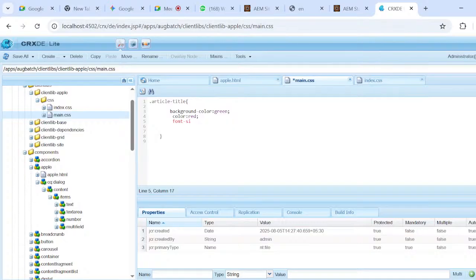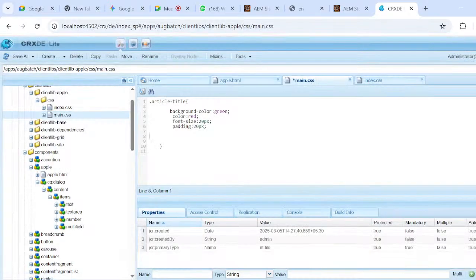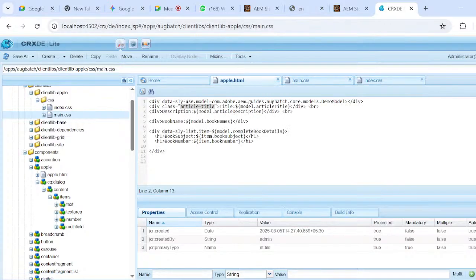And font size, I would mention some 20 pixels. Okay, and padding. These are all the CSS properties. So here also I would like to add some 20 pixels. Okay, margin left, right. So based on the requirement, we will take the CSS properties. As of now, I am taking these properties. Okay, this is okay. So same way, I can go again to apple.html, and